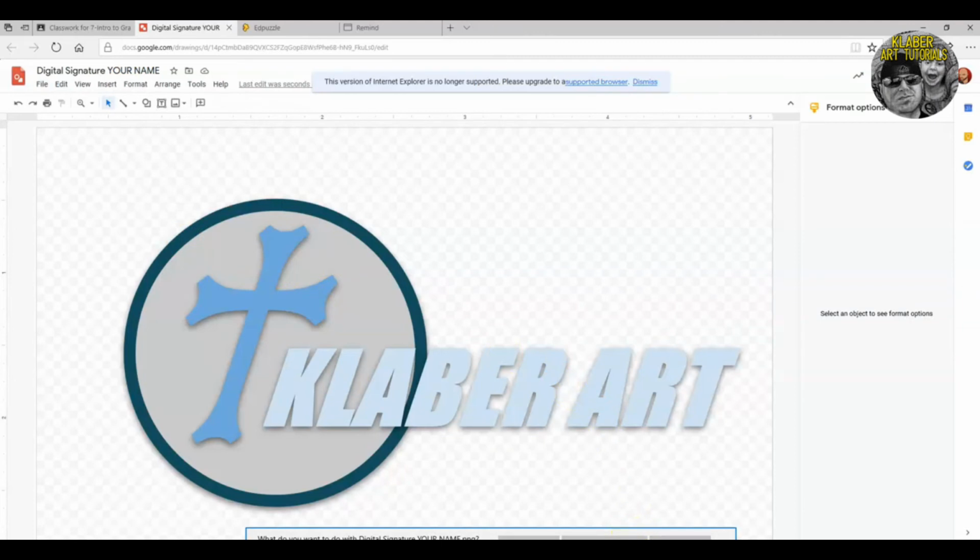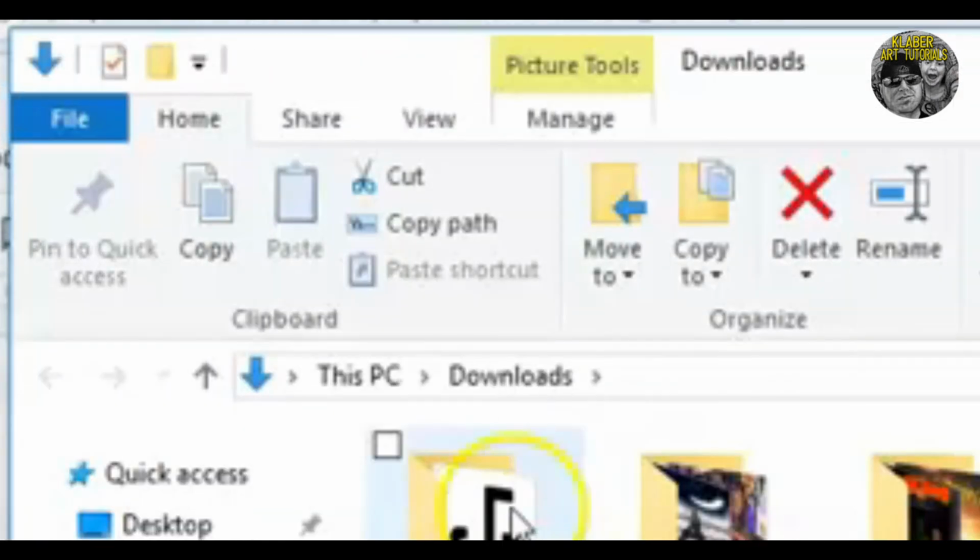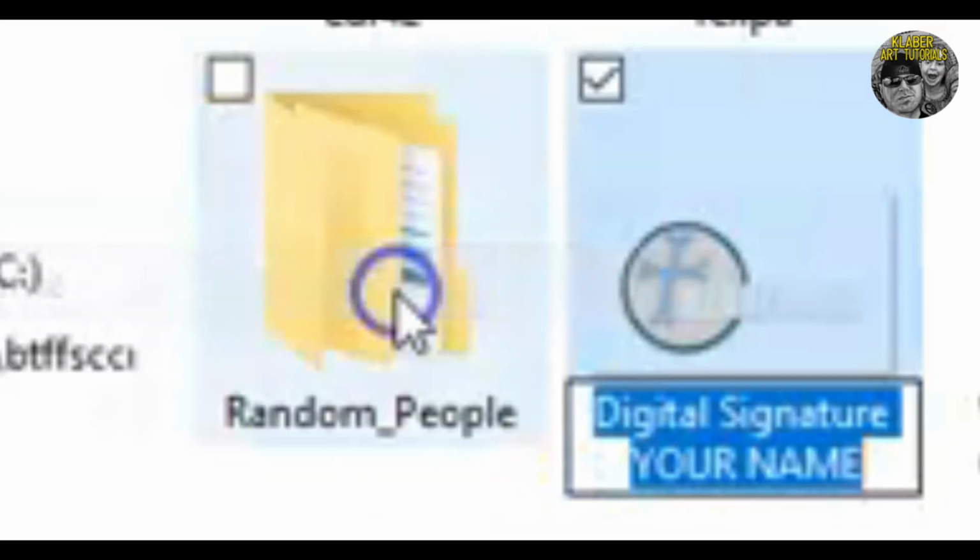Down here you can't really see it, but it says, what do you want to do with this digital signature, your name PNG? You want to hit save. It's finished downloading. Open folder, just so you can see where it is. So it's going to be in your downloads folder probably. I'm just going to rename it, right click, rename to